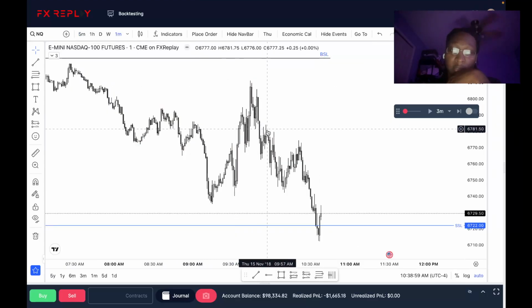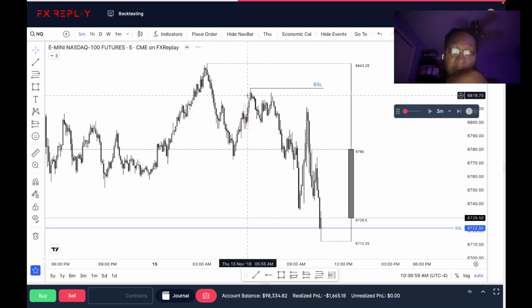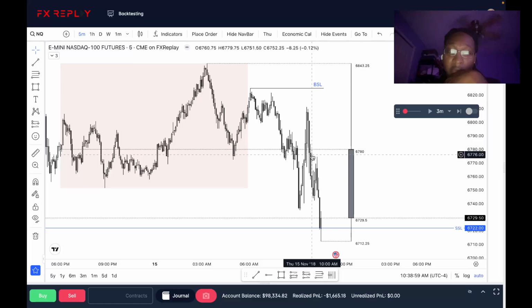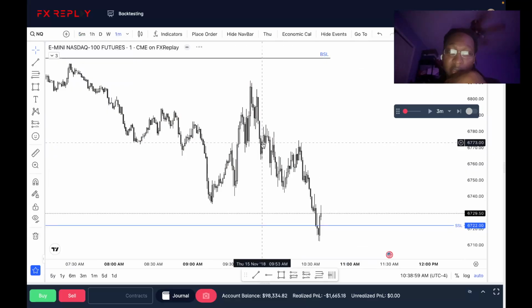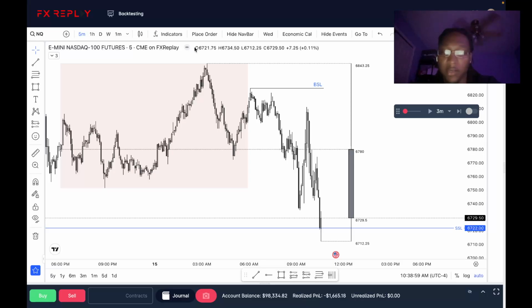This would have been a good trade right here, running out a 5 minute high. 5 minute swing high ran there. Get a 5 minute change in state, you get an entry there. That would have been clean, but let's take it one step at a time. Go to Friday.